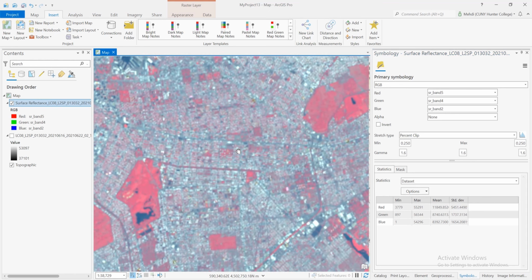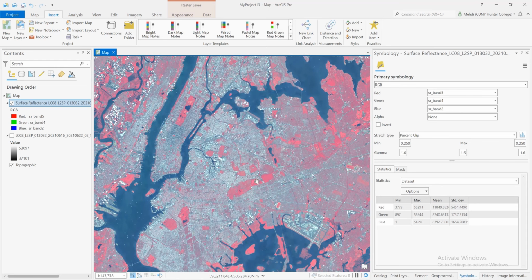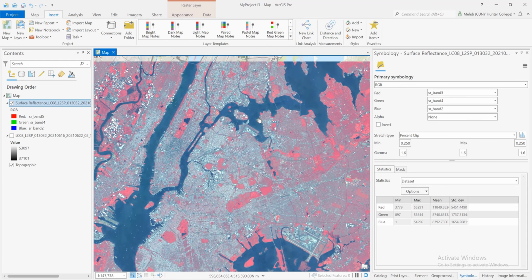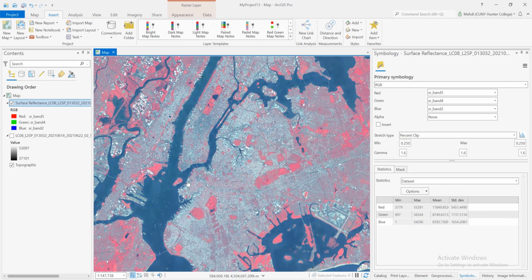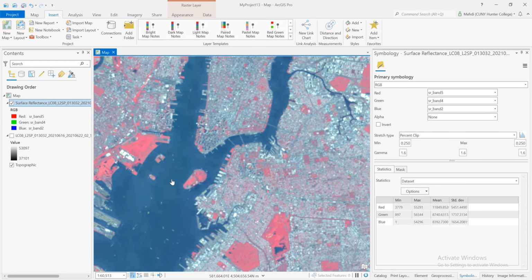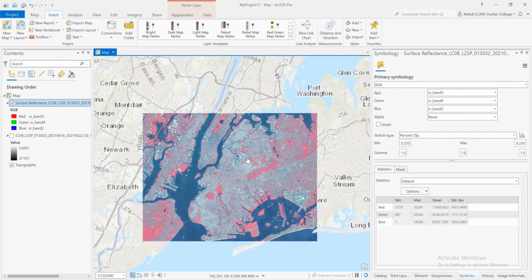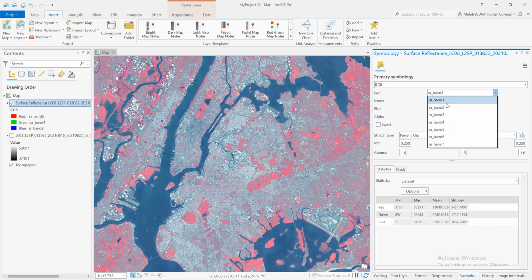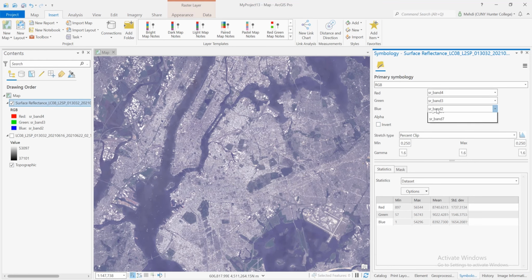And as you can see here, the parks and the green patches in the city come up very clearly. Also, that's really good for seeing the water that is very absorbent of those wavelengths, and that's why we see them in a dark color. So you can play with these bands to create your own color composite using all those 7 bands, and then you will be able to see some interesting